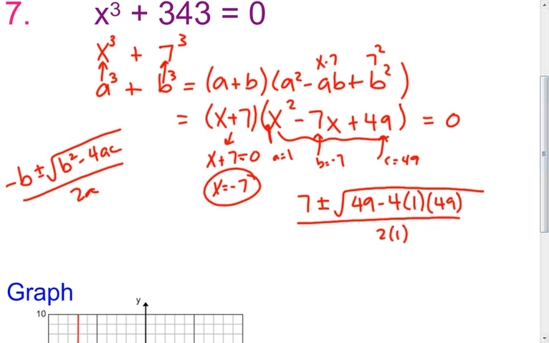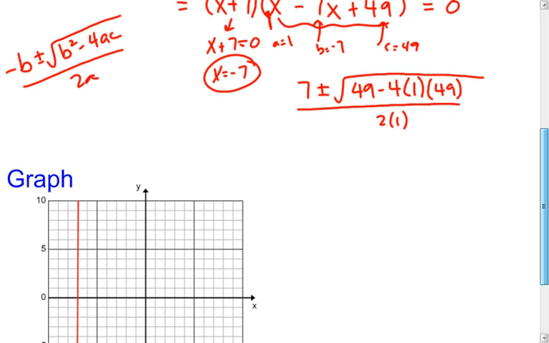Okay. All right, now we need to simplify that mess. So we have 7 plus or minus the square root of 49 minus 4 times 1 times 49. If I take 49 minus 4 times 1 times 49, I will get negative 147 in here,